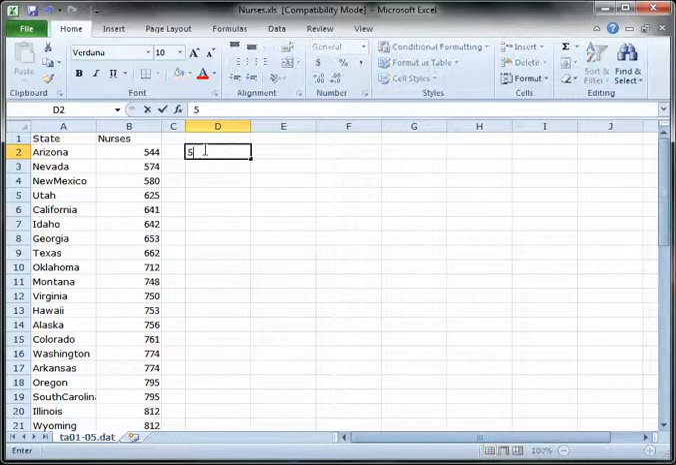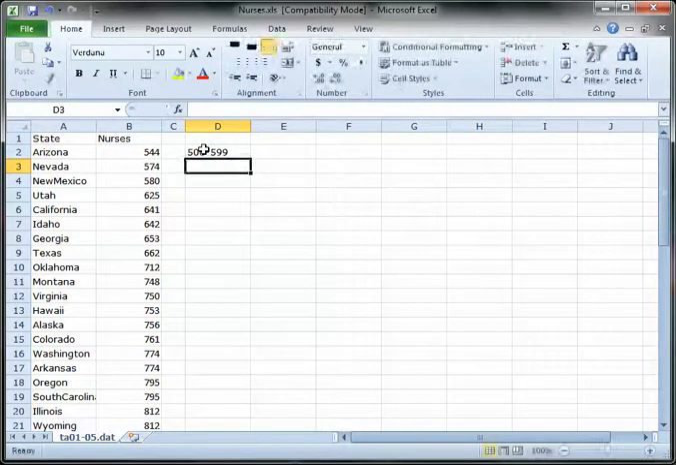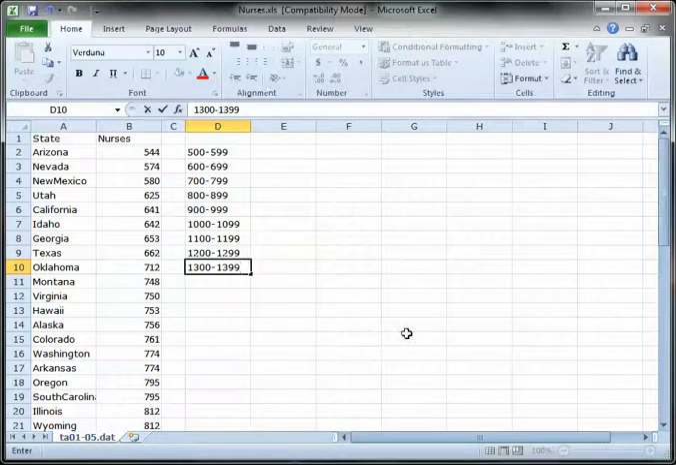So we'll do one class 500 to 599. The next class will be 600 to 699, and so on. So now that we've identified our classes, the next thing we're going to need to do